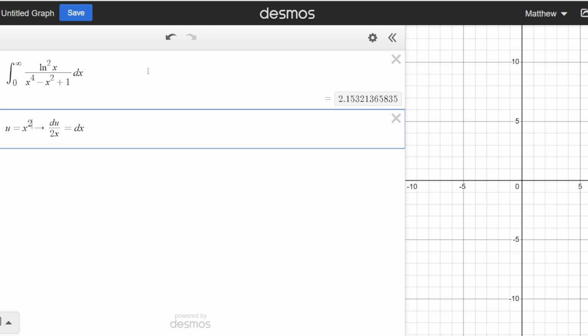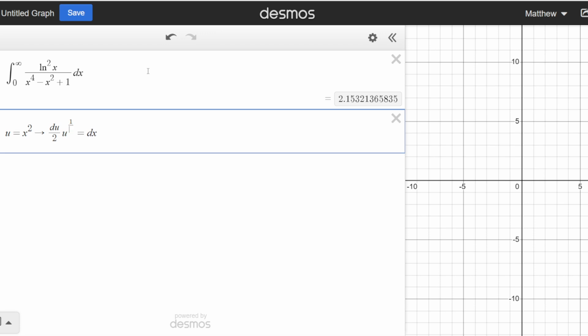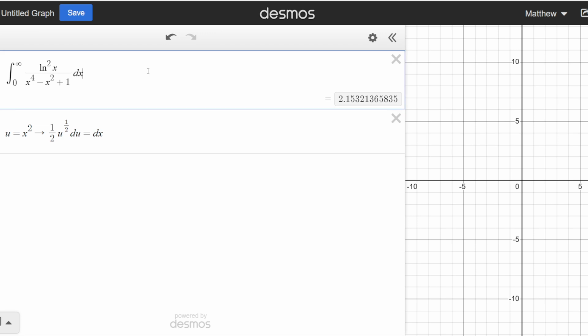And of course, our x is going to be square root of u. We will write this 1 over square root of u as u to the 1/2